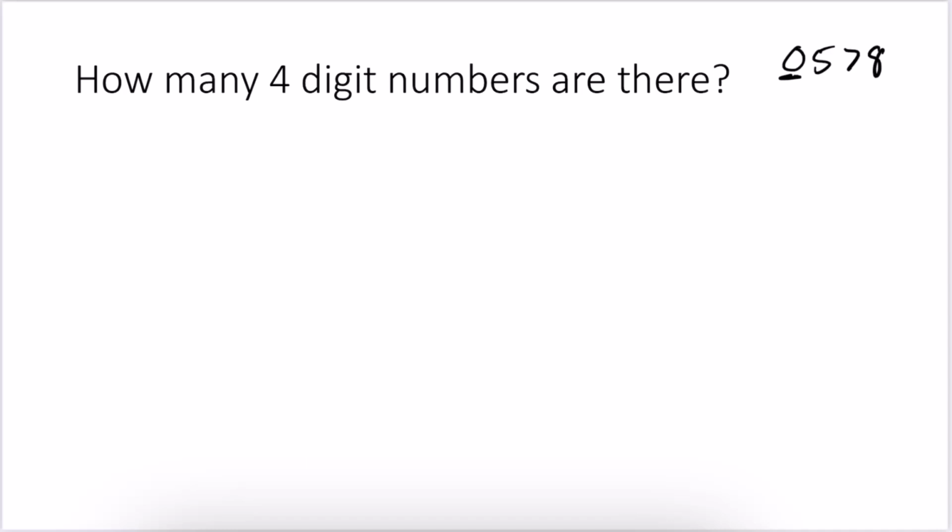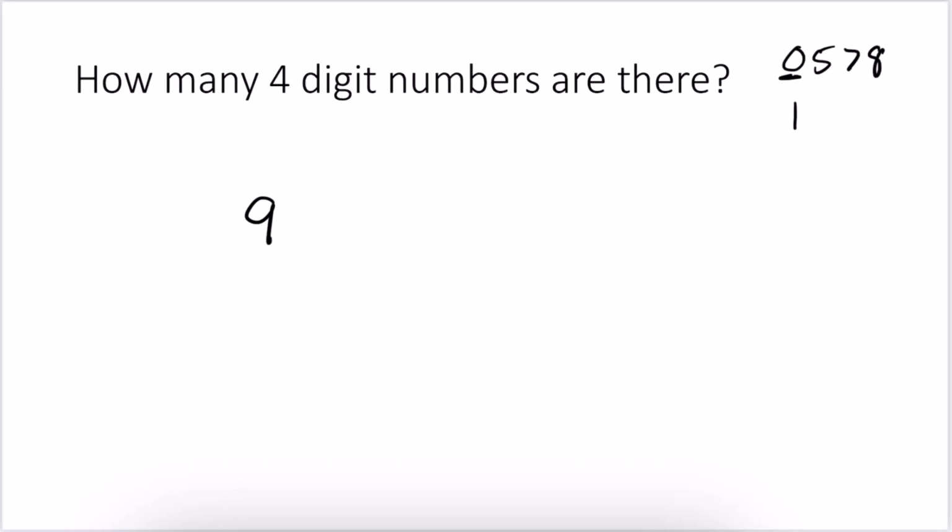So if we thought about the choice tree that would create a 4-digit number, our first layer of choices would have 9 options because you can start the number with a 1, 2, 3, 4, 5, 6, 7, 8, or a 9, but you couldn't start it with a 0. So the first layer of our choice tree would have 9 branches. But then for the second layer of our choice tree, we would have 10 options because you could repeat whatever number you had in the first spot, and you could also have a 0,